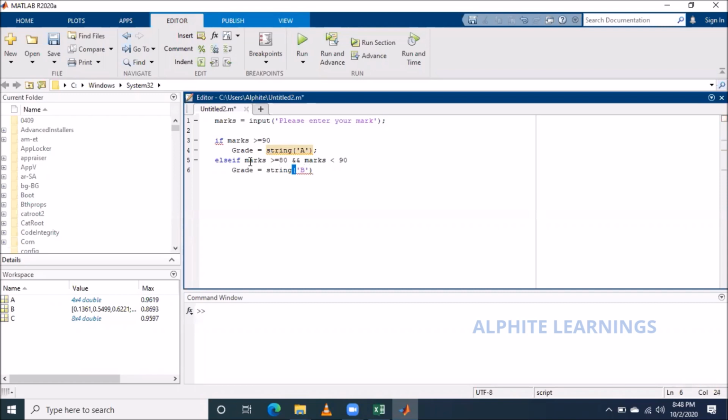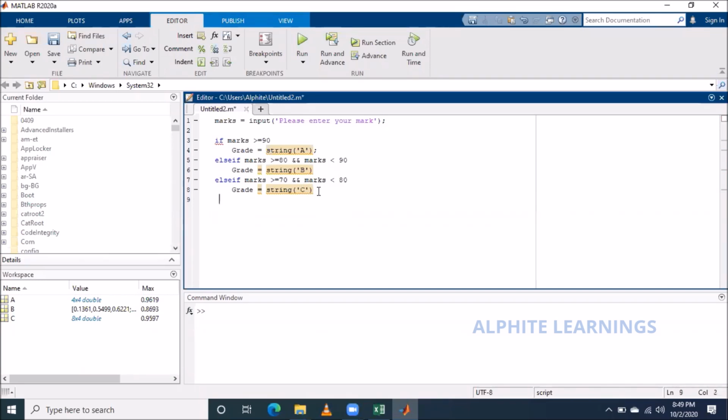Okay. For the sake of time, I'll just copy this. Else if 70 to 80, we'll say he got C grade.